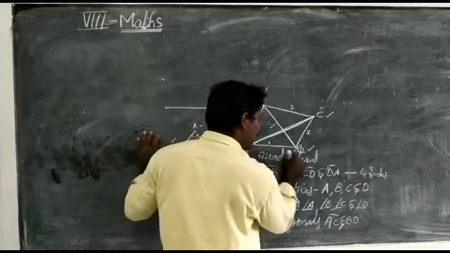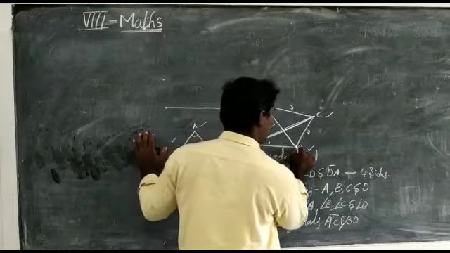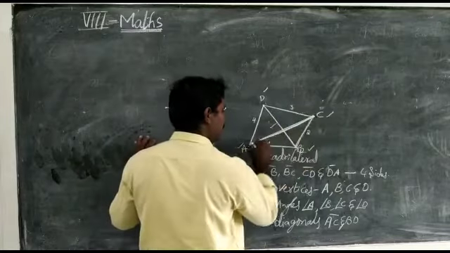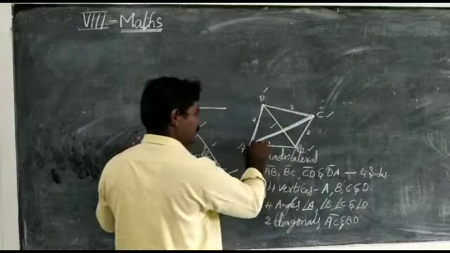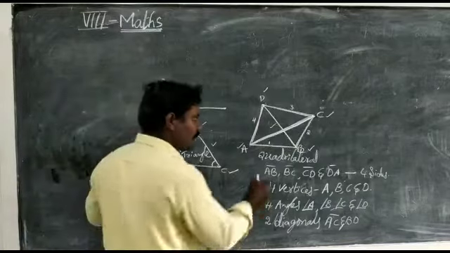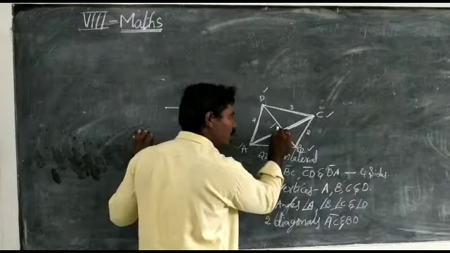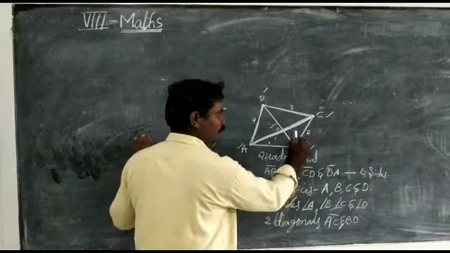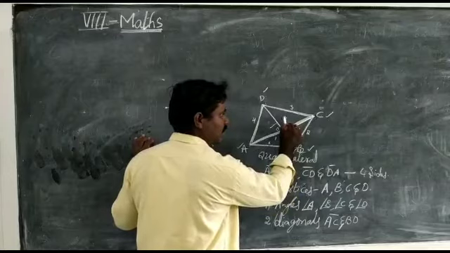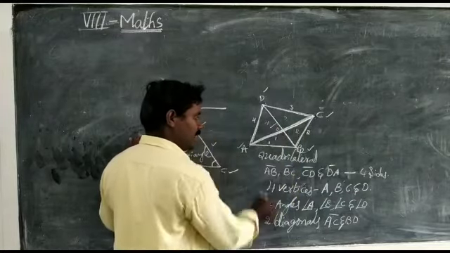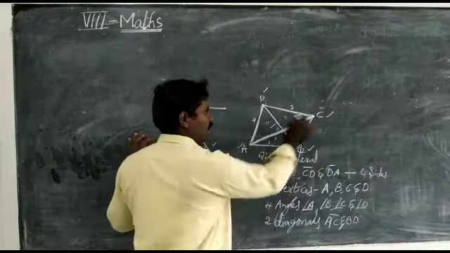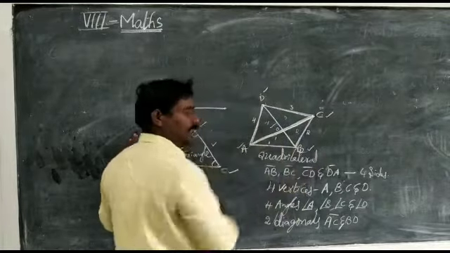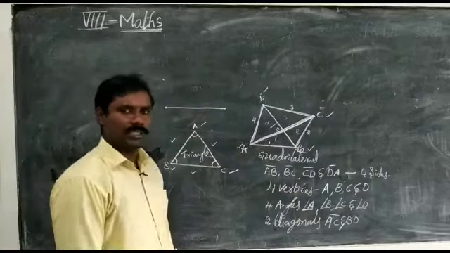If you observe ABC, it is a triangle. And also if you observe ACD, it is also a triangle. Okay, now if you take this point O, how many triangles do we form in this? 1 triangle, 2 triangles, 3 triangles, and 4 triangles. And also ABC is a triangle, ACD is a triangle, ABD is a triangle, BCD is a triangle. Now this is about the quadrilaterals.